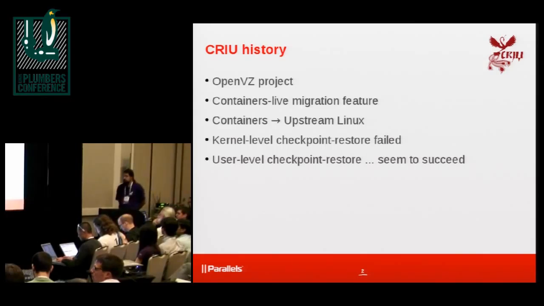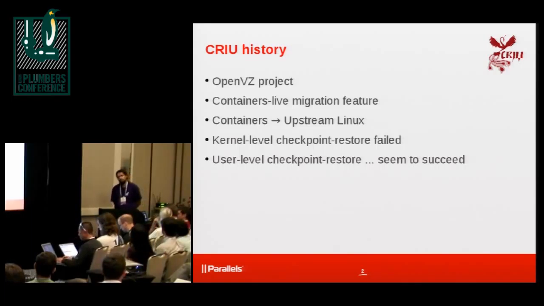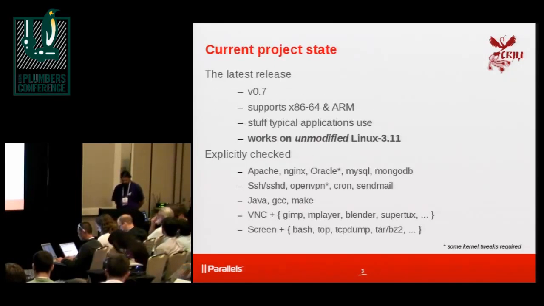And the first attempt, which was done not only by us, was on the kernel side. So we tried to come up with a set of kernel patches, provided checkpoint restore API for the user space to dump full state of process, pull it out of the kernel, save it somehow on disk, and then restore process out of the information. This approach was not accepted by the kernel community due to big complexity and intrusiveness into the kernel. So we decided to do it on the user space side, and so far we seem to be quite successful